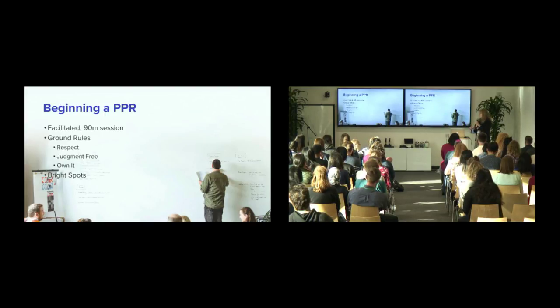So when we start a PPR, every person in that room goes around the table and indicates one bright spot from the project. And it's really fascinating to hear what people say. In some cases, they are highlighting a colleague. In some cases, they're highlighting something that went really well in the work, something that they're proud of. But it really helps set the tone for, you know what, even if this project was the worst one we ever had, there were bright spots and there were good things. And so it helps at least set the tone that, okay, some good did happen,